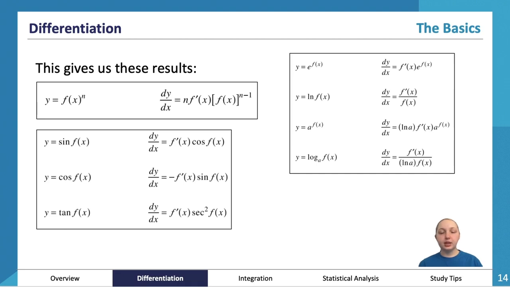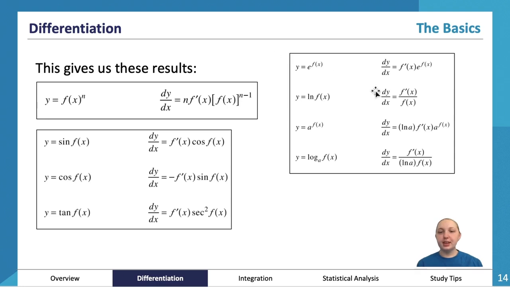So we've got y equals sine f(x), the derivative of that, you find the differential of just your f(x), bring it to the front, and then multiply it by cos f(x). Same sort of principle applies with these two. Find your differential of your f(x). Just like how you'd have negative sine x, you do negative times your differential times your sine f(x). And then again, same principle for tan. Find the differential of your f(x) here, bring it to the front, multiply it by sec squared of f(x). Okay, those ones you should have learnt in year 11 as well, so I won't spend too much more time